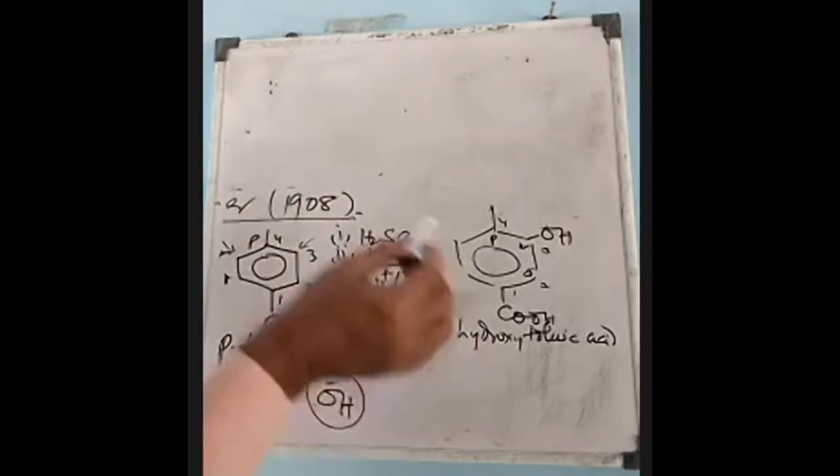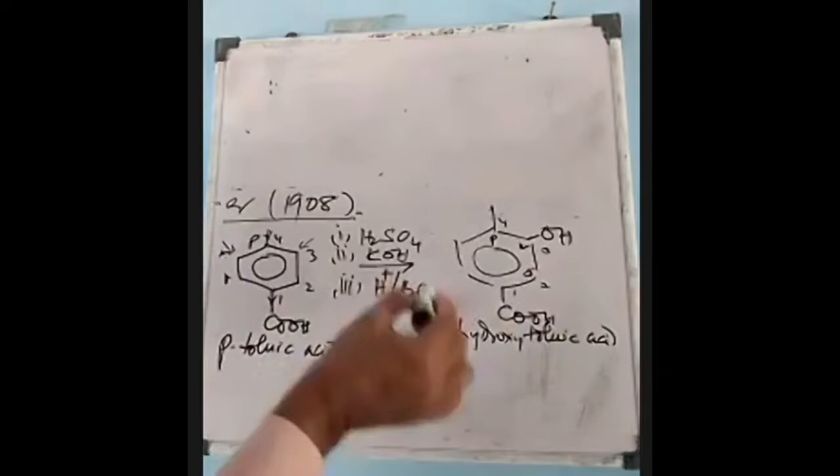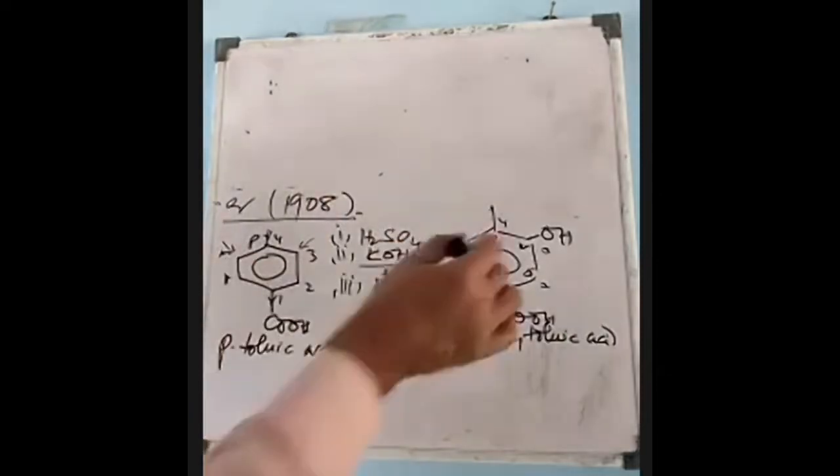the introduced group, the electrophile, will be introduced: the group which is more electron donating. The electron attracting group we can write in this way, and this is the electron donating group. So with respect to this, it is ortho-para directing, this is meta directing. If you follow the meta directing one, these meta positions are vacant. If you use this one, its ortho and para positions are already occupied, so only one ortho position is vacant. So with respect to both these groups, these positions will be more activated,